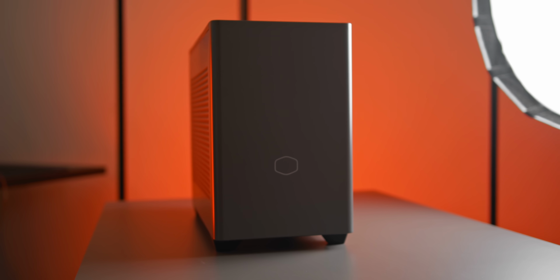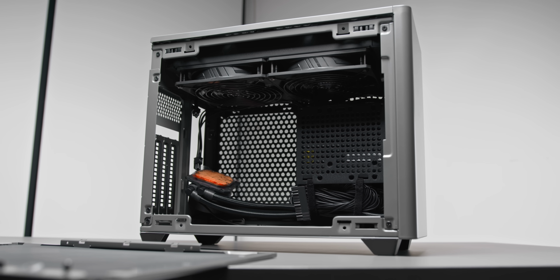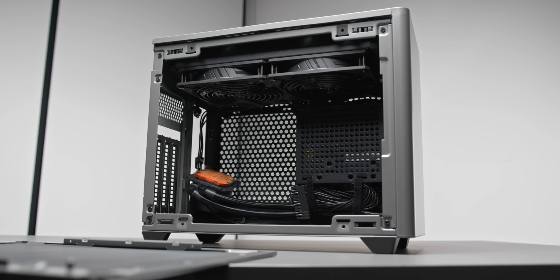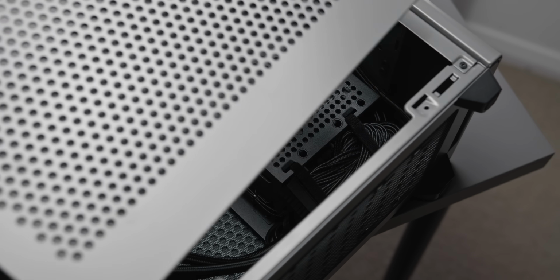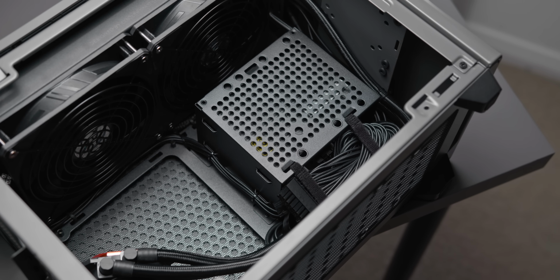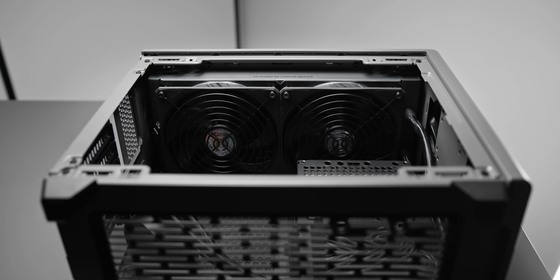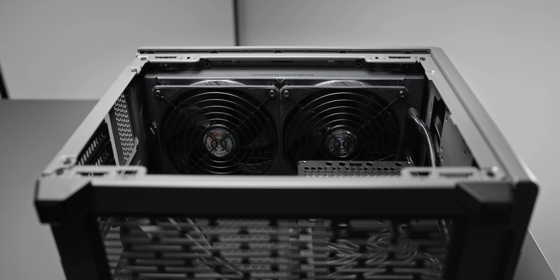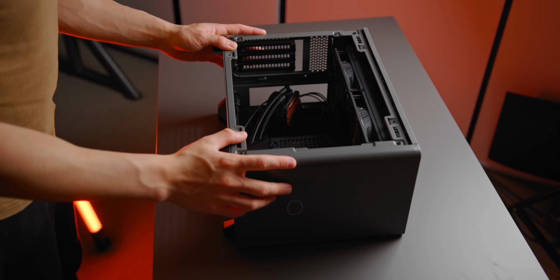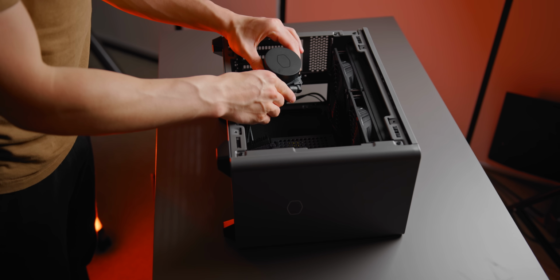So just like the NZXT H1, the NR200P MAX is a kit. It'll be offered at $350 US, and that kit includes an NR200P, a 280mm liquid cooler, an 850 watt 80 plus gold rated SFX power supply, and a PCIe Gen 4 riser cable. So essentially, Cooler Master are valuing all of those extra bits and pieces at $250. And to be honest, I think that's a pretty good deal, especially considering the AIO and power supply are already